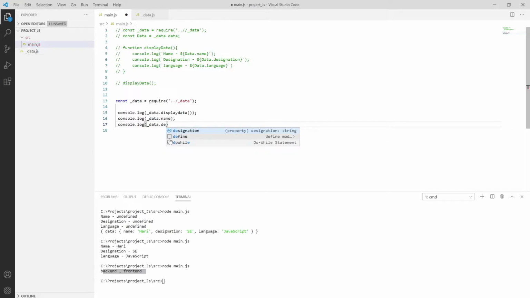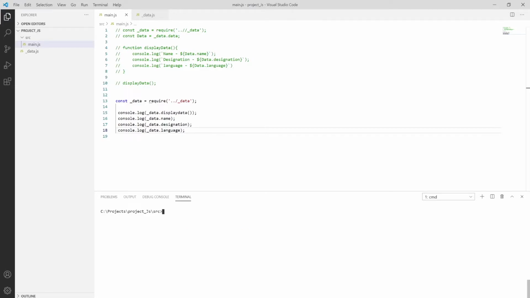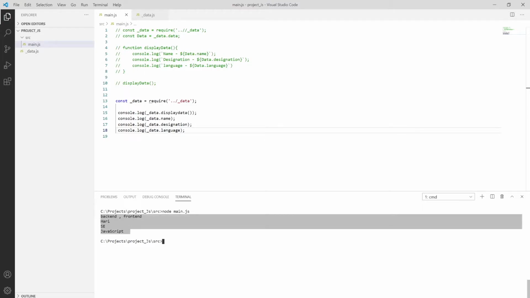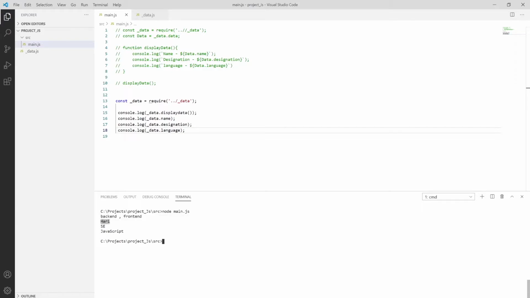Let me put a designation and console.log over here, which is _data.language, and then save it using Control S. Let me clear using cls and try to run using nodemon. As you can see, we have this printing backend, front end, and then Hurry, and then SE, and then JavaScript over here. That's how this will return the data.